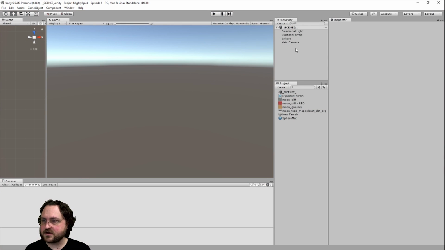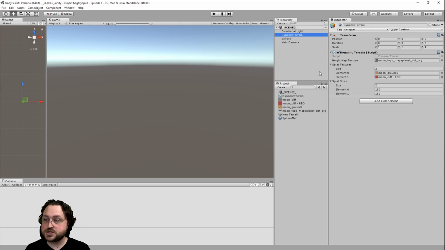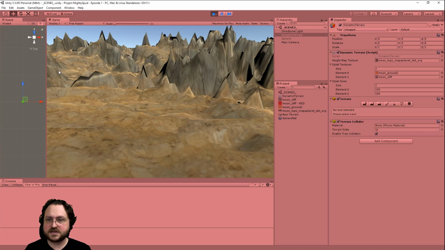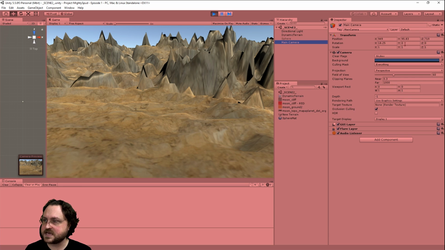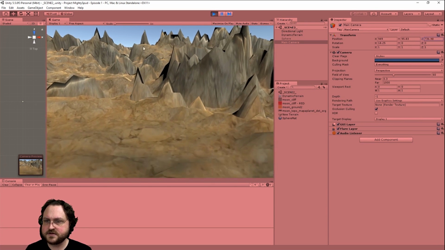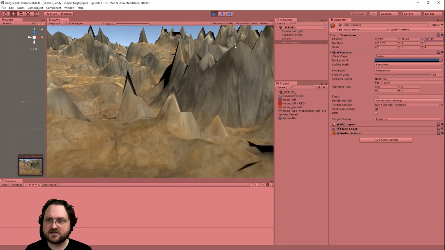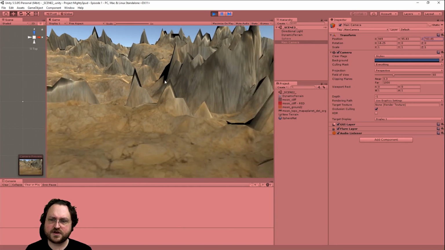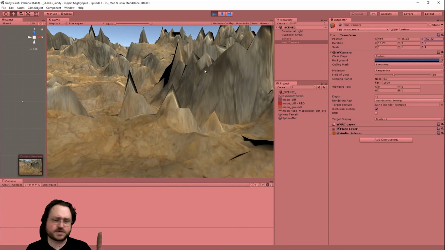And it'll look a lot better if instead of using the red, which I used just to make it more obvious what was going on, I use the regular cliff terrain over here, then it starts to look significantly better. Well, depending on if I actually chose the right textures and things like that. If we move forward along the Z over here, we can get up a little bit closer. Clearly things are still a little bit too pointy over here, and it doesn't look particularly realistic. That's mostly a question of let's retune the resolution and the scale of things, right?